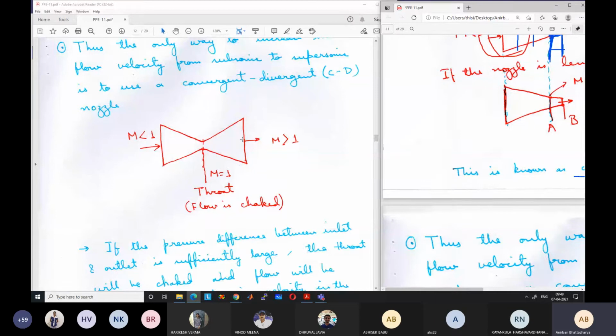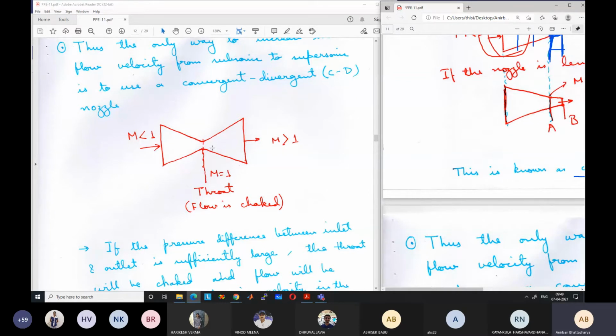So you have to keep on increasing the mass flow rate until the nozzle becomes choked. Once the flow becomes choked, only then will you have this converging diverging effect, increasing the velocity to supersonic velocity. So the space shuttle nozzle that I have shown will operate at choked condition, because without operating at choked condition, you cannot go to supersonic velocities.